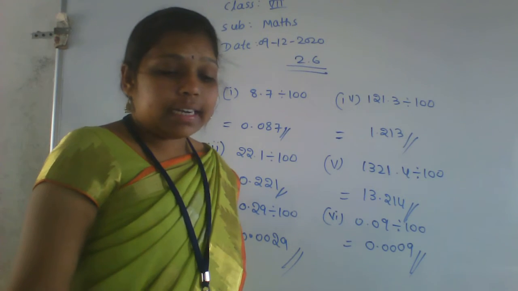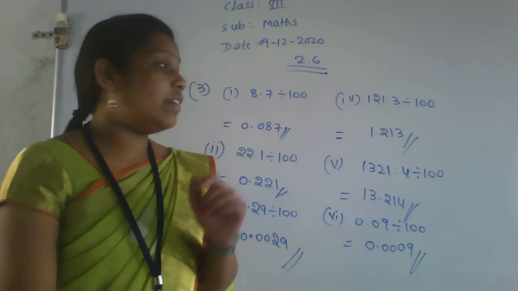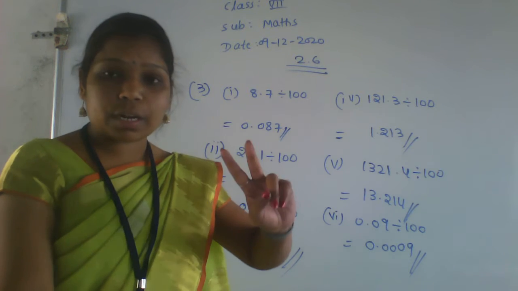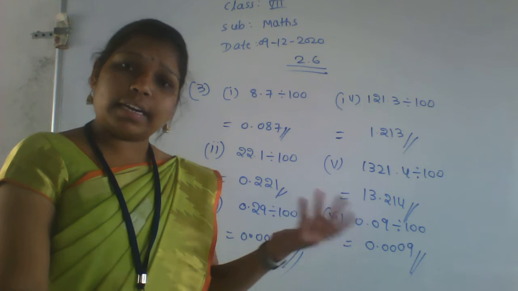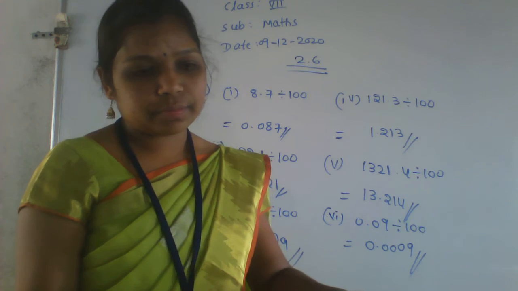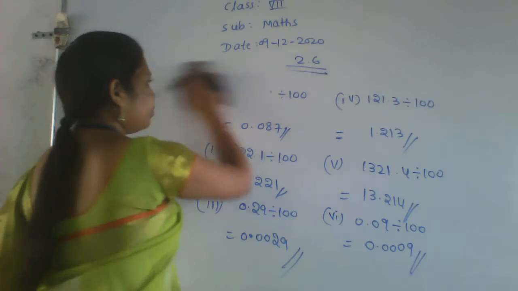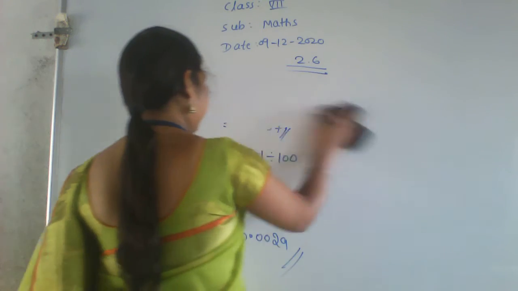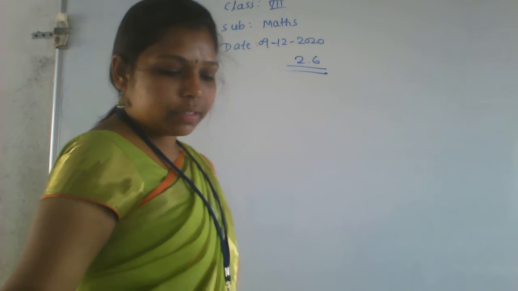After this, the fourth main is divide by 1000. Divide by 1000 means what we have to do here? We have to shift by three numbers. In the previous one we shifted after two numbers, right? Next one, after three numbers we have to shift. If there is no number, then write zeros. So do this fourth main. I show two problems. The remaining problems, do yourself. Otherwise your syllabus will not be completed.